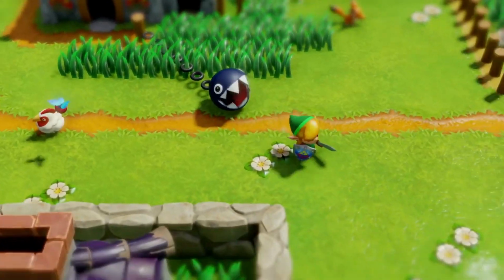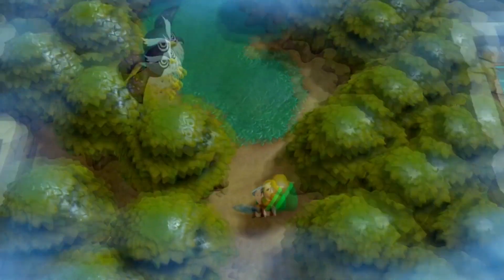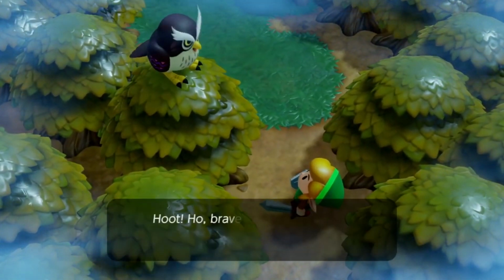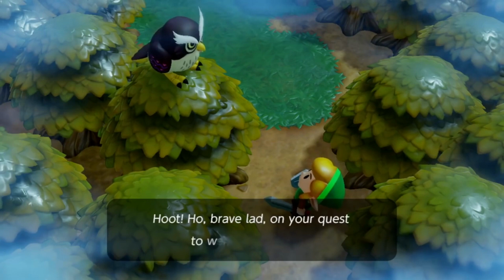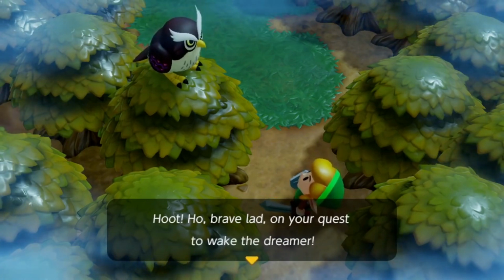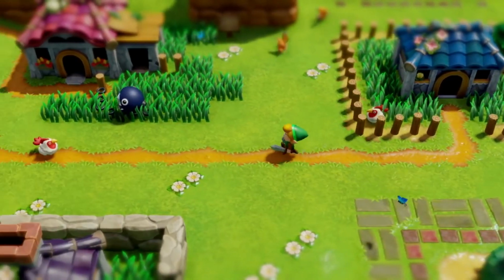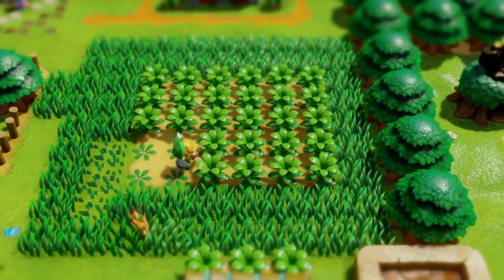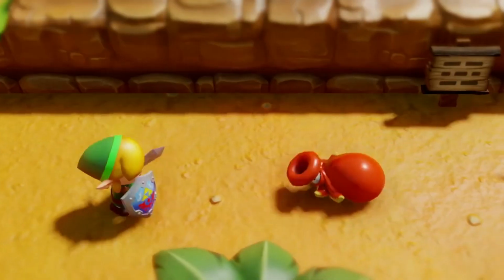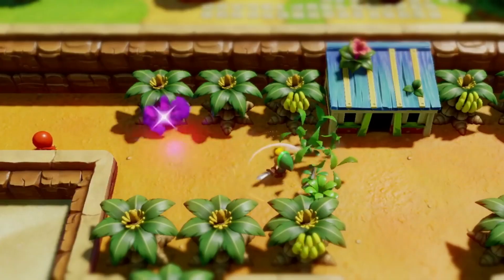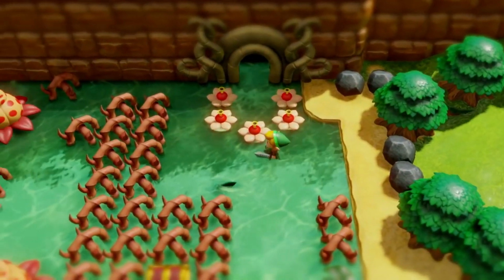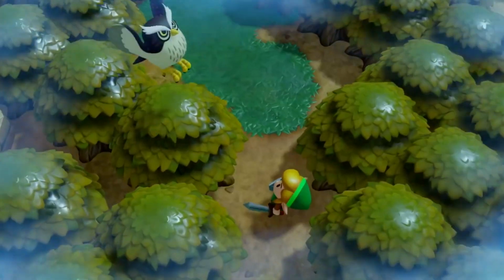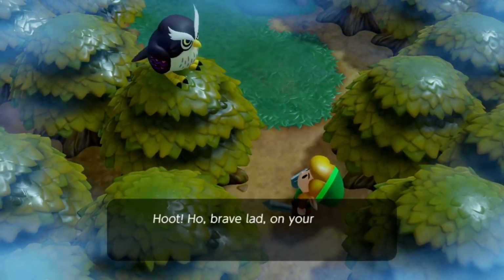I've also seen a lot of people who are okay with the graphics themselves, but just really have a problem with the character model for Link. And that, I actually think, is a much more reasonable opinion to have. I can 100% understand why people would have a problem with Link. And to be honest, I have a little bit of reservations myself. The fact that he doesn't really have much in the way of a face, just those two eyes and a mouth, is a little concerning. It makes me wonder how he's going to express himself.